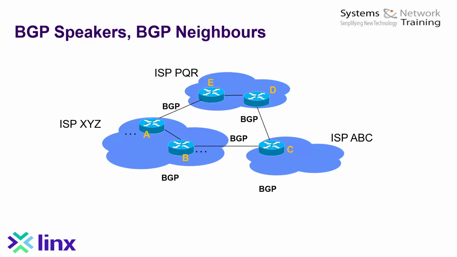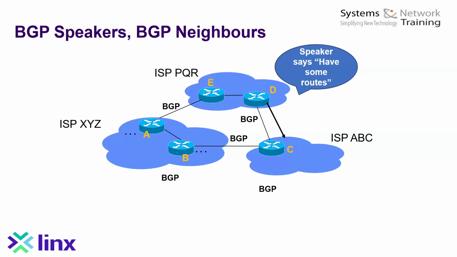Now, when a router communicates with another router over a BGP peering session, it's sometimes referred to as a BGP speaker. So here, for example, router D is sending some routes to its peer or neighbor C. And so we say that router D is the BGP speaker. It's the one sending the message. Remember, BGP is a messaging application. And so the speaker is the one sending that information.